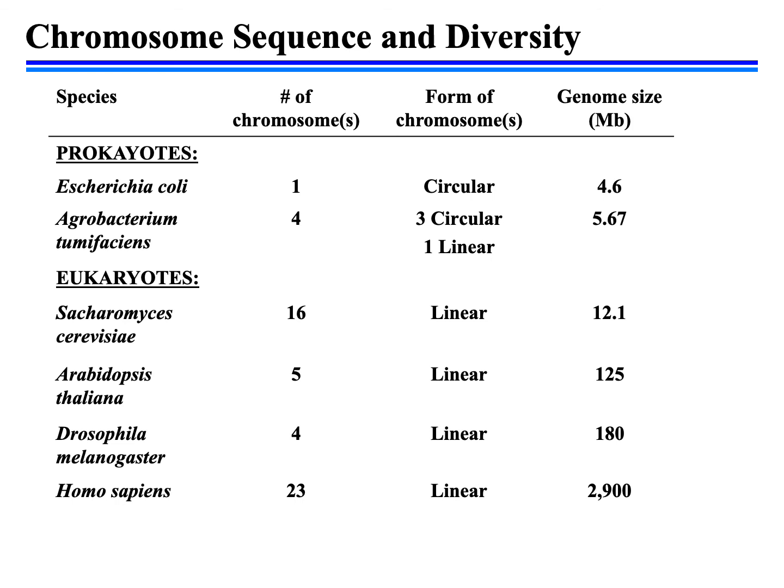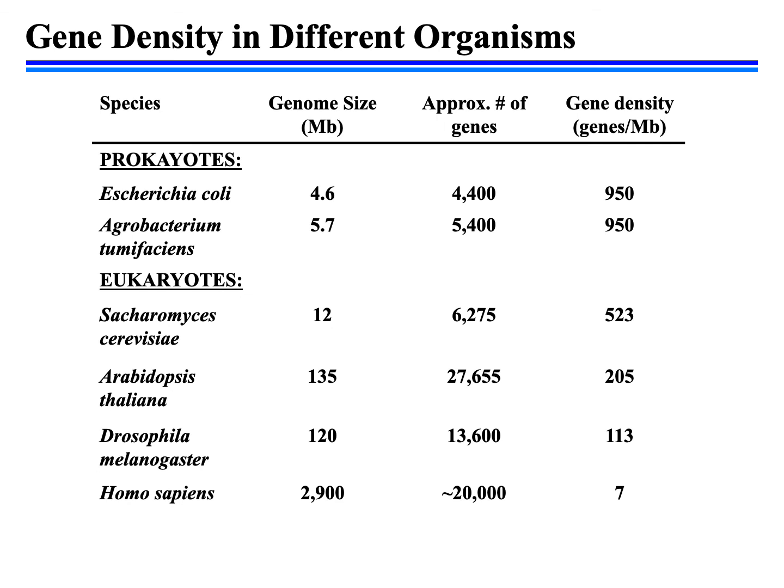make up the genome of a given organism. So you have 2 prokaryotic examples on the slide, and those genomes are pretty similar in size. And then you look at eukaryotes, and you can see that as you increase in complexity of the organism, comparing a single-celled eukaryotic organism, Saccharomyces cerevisiae, to Homo sapiens, there's a dramatic jump in the genome size. So what you see in this particular table is some modifications associated with that data,